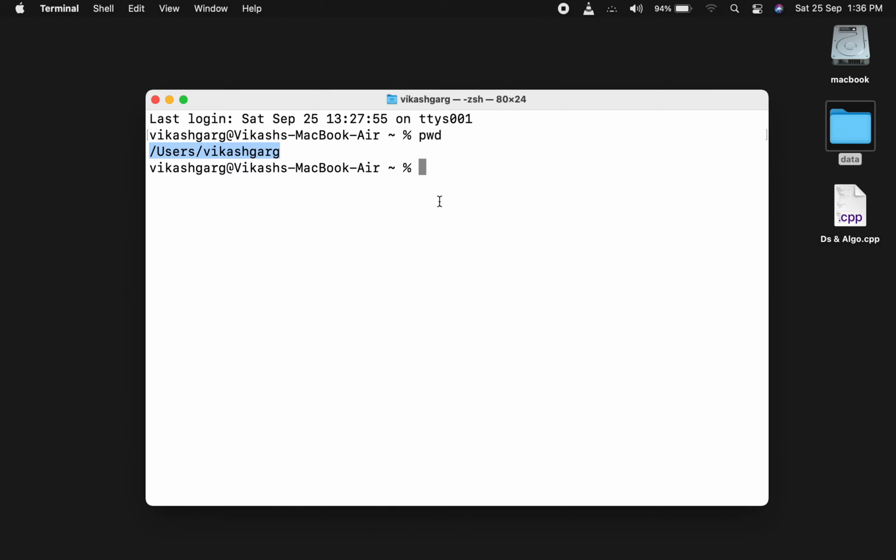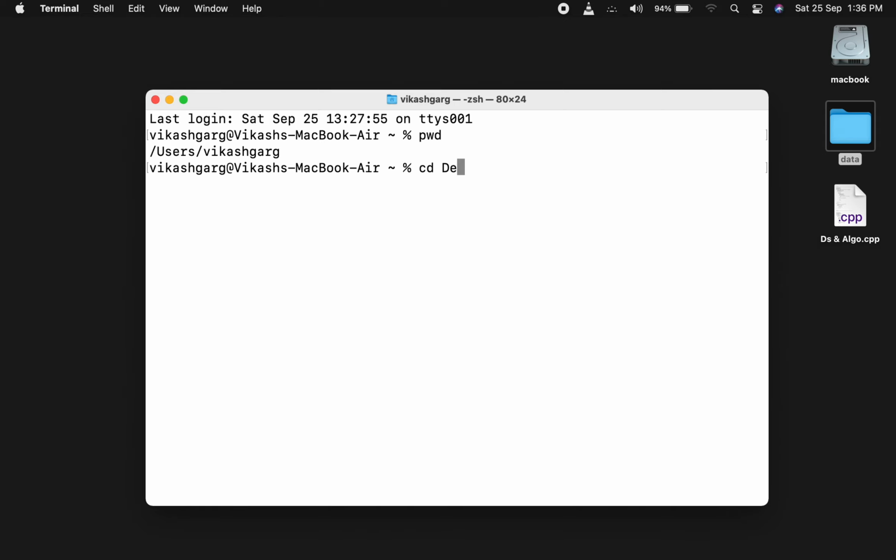Now, suppose you want to go to a particular directory. You can navigate to a particular directory by using the cd command. Cd is basically for change directory. Cd, and you need to give the particular directory. Suppose I want to go to desktop. The command line interface also provides some functionality here. Suppose you want to navigate to desktop, you can simply type de and hit tab. It will automatically complete that particular word.